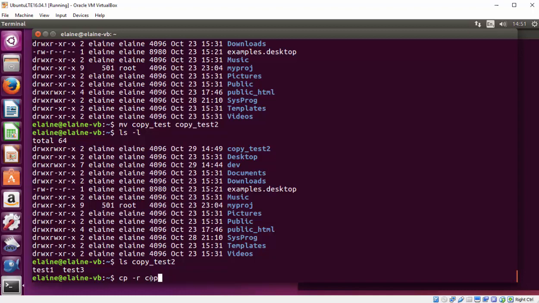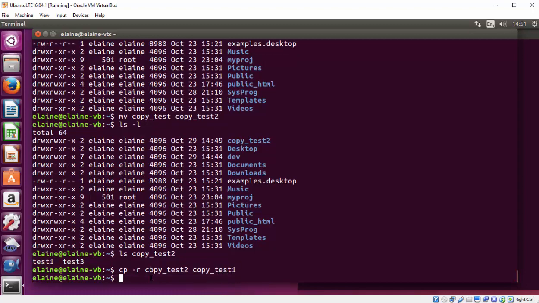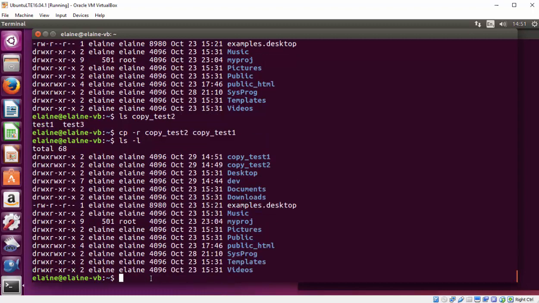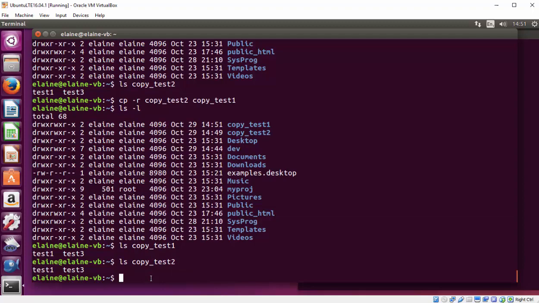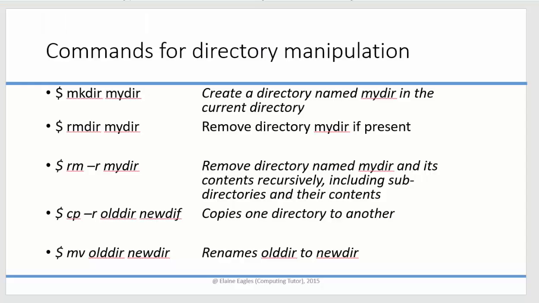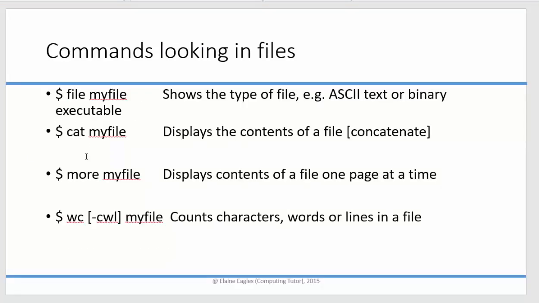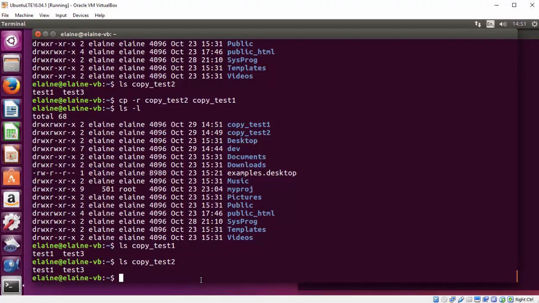If you want to copy test2 to just copy test, use -r, or copy test1, sorry, and you'll see that they are the same, because if you use ls on those directories you'll see they're exactly the same. So the -r actually makes it possible to copy one and everything inside it across. And then these final few commands here,